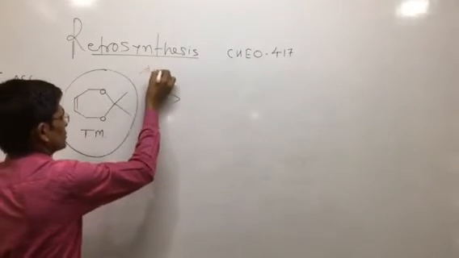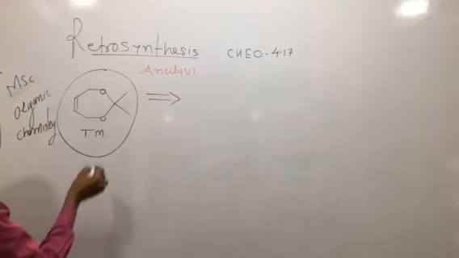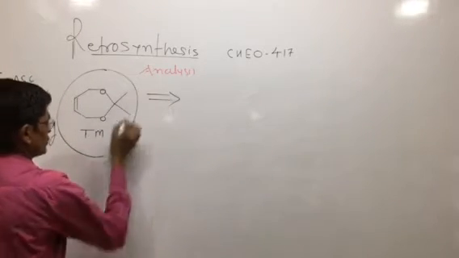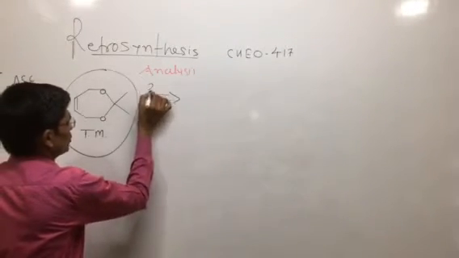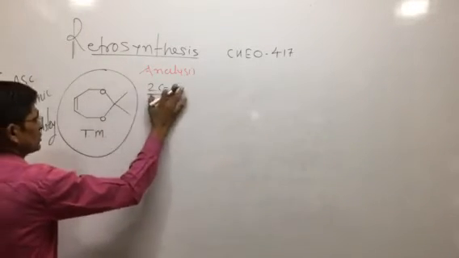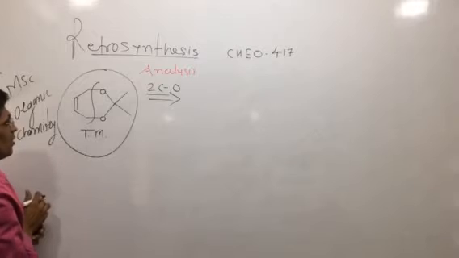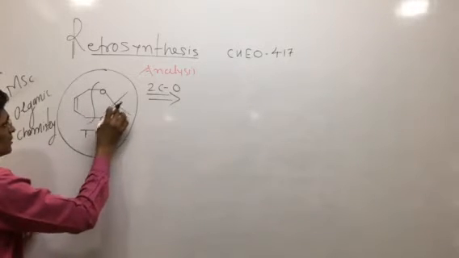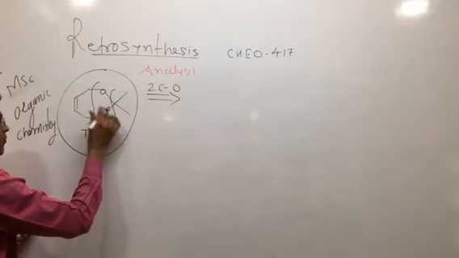What is the analysis of these types of compounds? First, this is the 2C-C disconnection. Here the 2C-C disconnection takes place. Then we will do the C-O disconnection. So from here this 2C-O disconnection, as you can say,